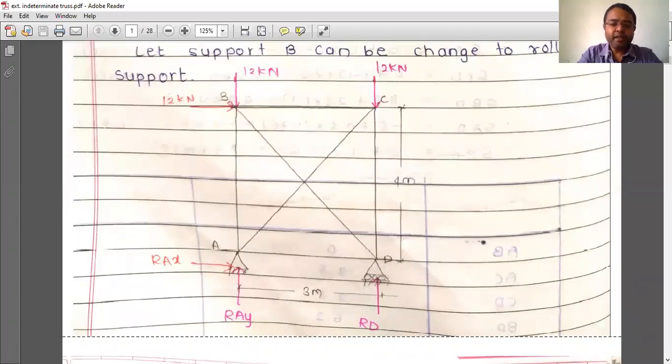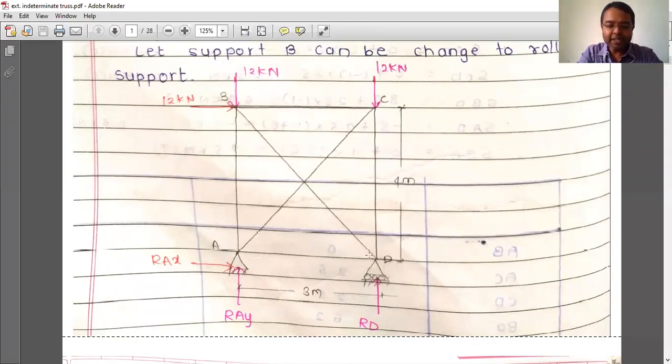Actually you are not required to use the free body diagram of joint D. I have shown the calculation, I explained the calculation regarding the solving of the FBD of joint D. But instead of going for that calculation, you can skip that also by using the rules, that is the zero force member rules.